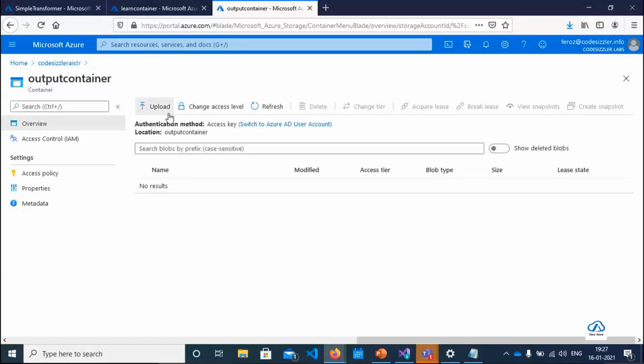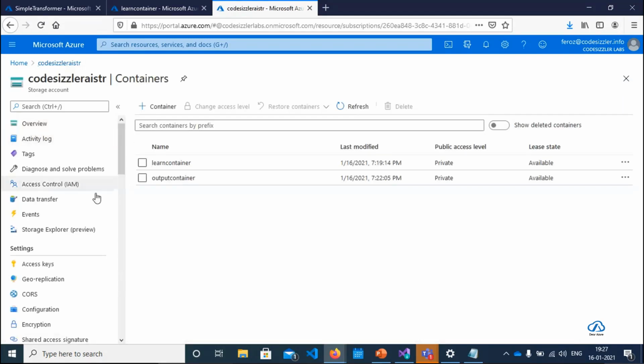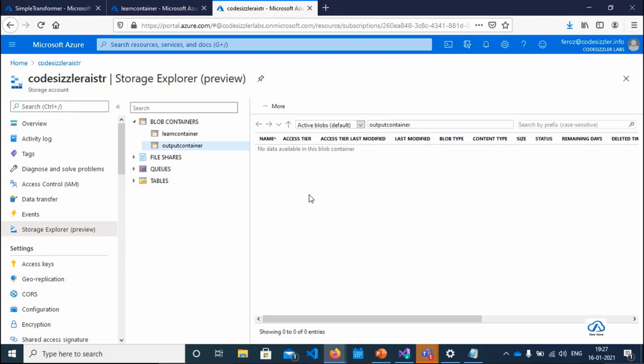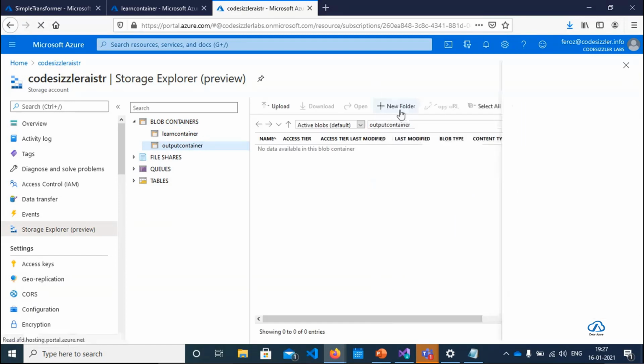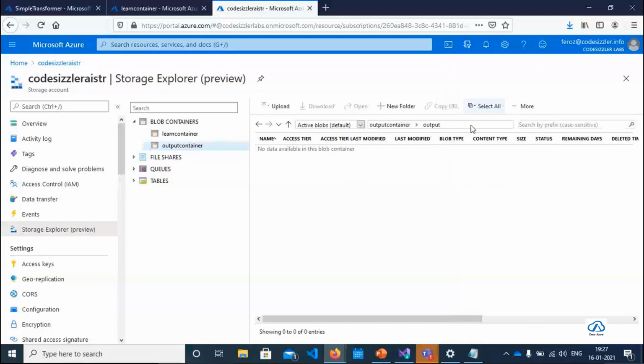You can put up upload, but we don't have the option to create a new folder here. Instead, what you can do is go to the storage explorer. We have storage explorer, right? Open this, go to blob containers, you have output container, and inside this you can create a folder now. This is a virtual directory folder. You can name it here as output. I hope you can see this output container, and we have an output here.